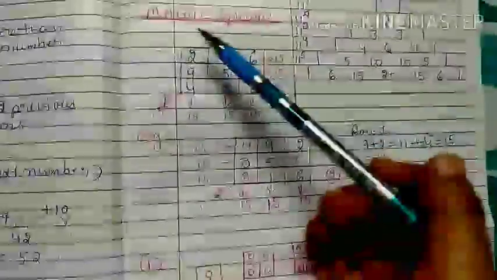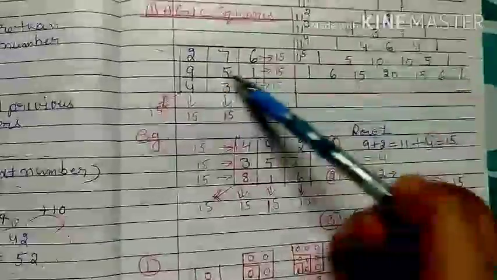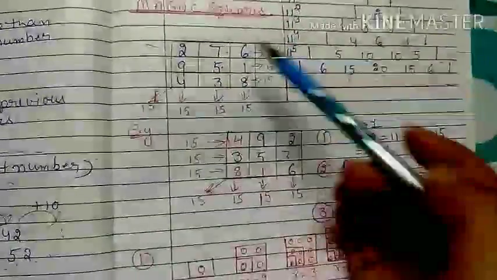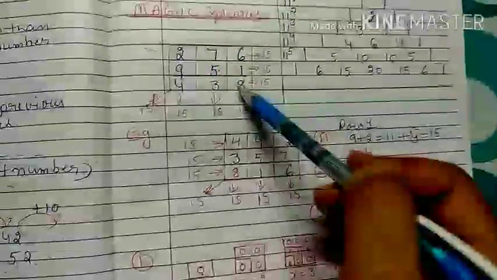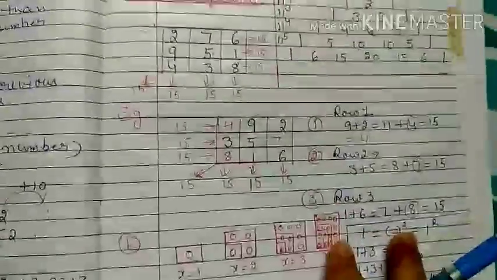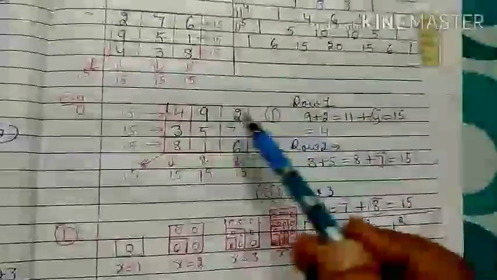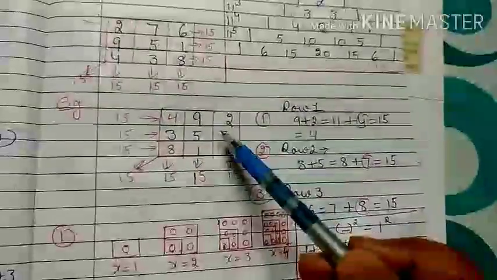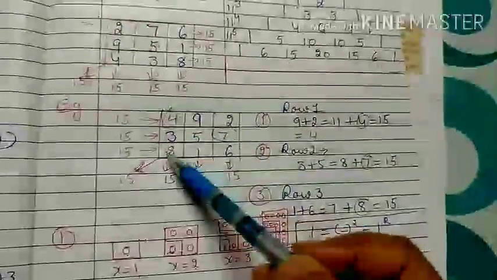But when you add all the elements of a particular row, all the elements of a particular column, and all the elements of the diagonals, if the sum on every side is the same, it is considered a magic square. Suppose I have the numbers 9, 2, 3, 5, 7, 5, 1, 6. I have to identify the missing numbers, like this and this.